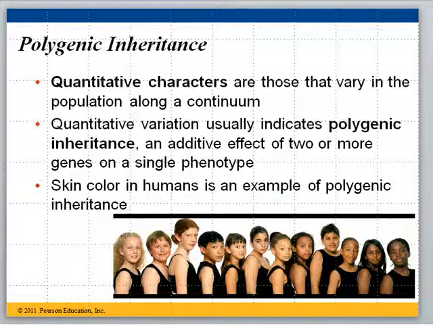And skin color, human skin color, is a great example of this. Quantitative characters are those that vary in the population along a continuum. So skin color is a quantitative character, and it's determined by a number of interactions with different genes. And this indicates polygenic, poly meaning more than two, numerous, polygenic inheritance, an additive effect of two or more genes